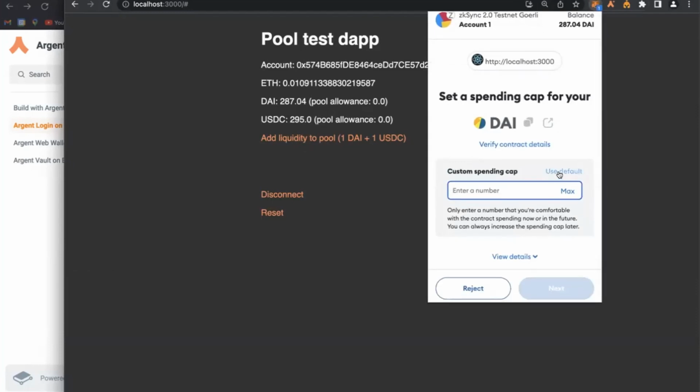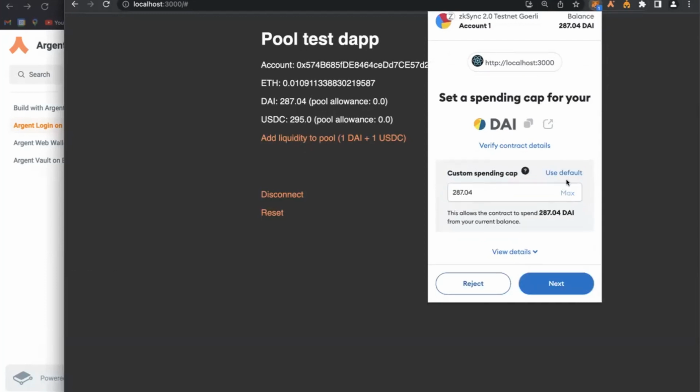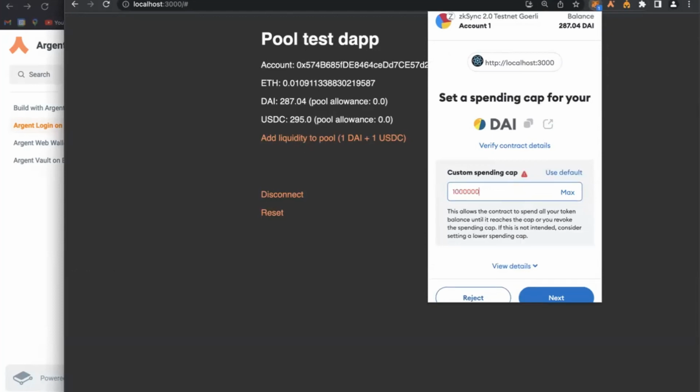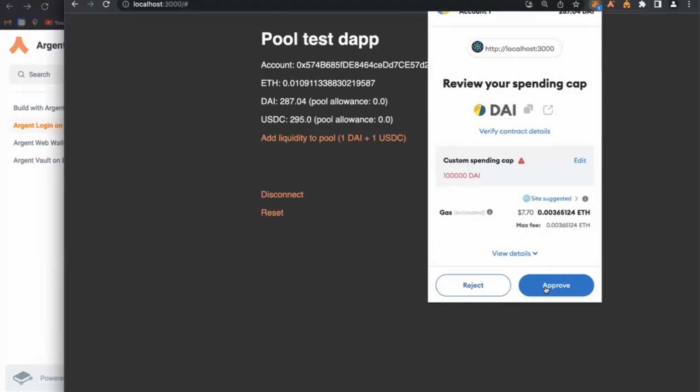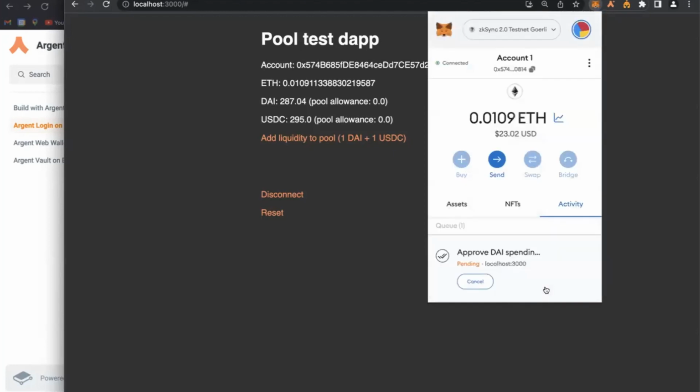So I could be tempted to use some kind of very high number. In real dapps, usually when you click one of those, the default is some super high maximum number. Here, I could still be tempted to not be bothered too much, and think of the future, so use some kind of a high approval. MetaMask improved on that recently, but it wasn't that great in the past. First transaction goes through.